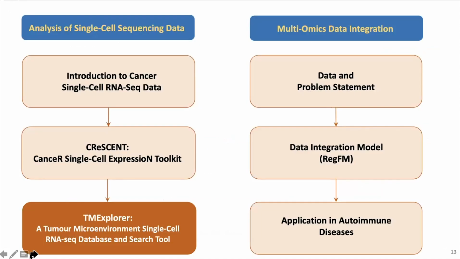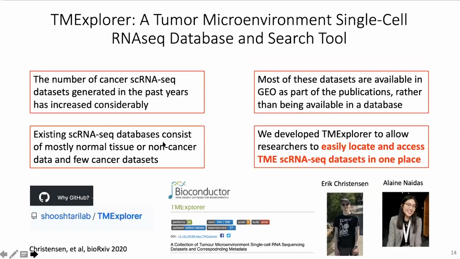The second project related to single-cell sequencing that I'm going to present now is a database that we have recently developed at Western. It's called TME Explorer, a tumor microenvironment single-cell RNA-seq database and search tool. The number of cancer single-cell RNA-seq datasets generated in the past years has increased considerably. Most of these datasets are available through GEO as part of the publication. Therefore, we don't have a comprehensive database that includes all of these datasets together in one